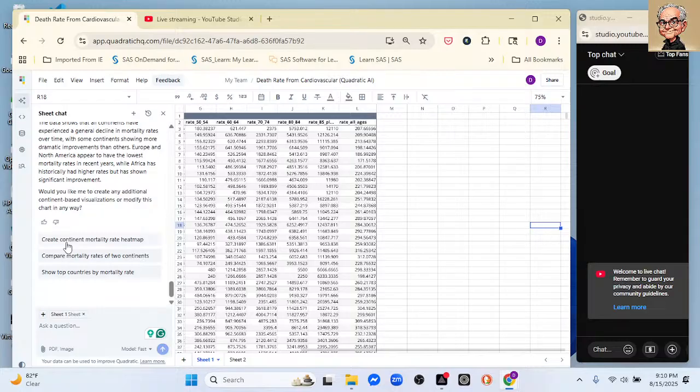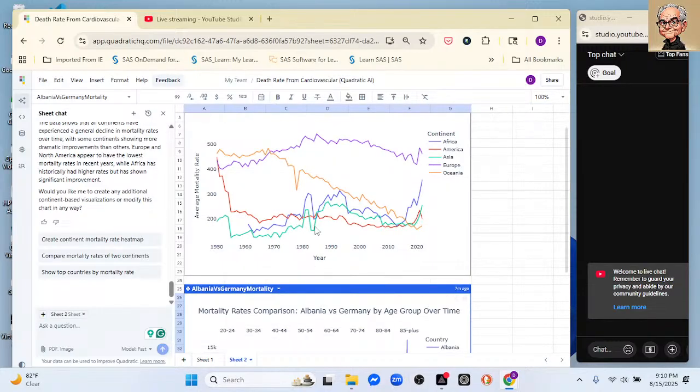Yes, let's create a continent mortality heat maps. Let's take a look over here. So here's the continents. So Africa continues to be the highest, followed by Oceania and the Americas. All right, so let us create